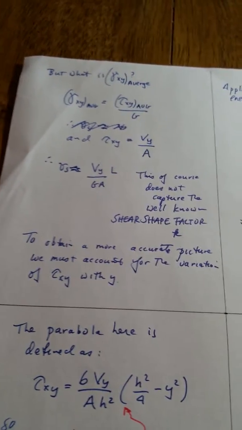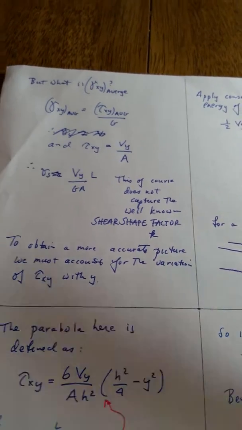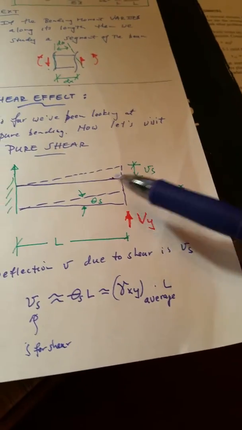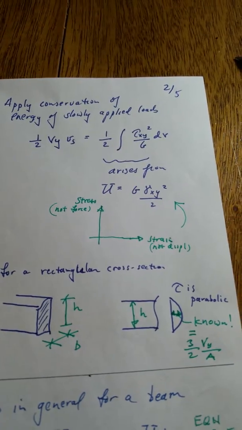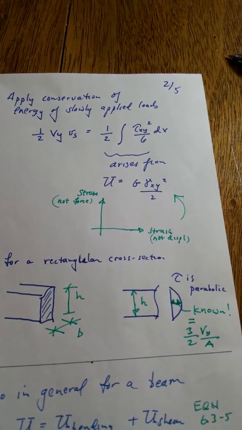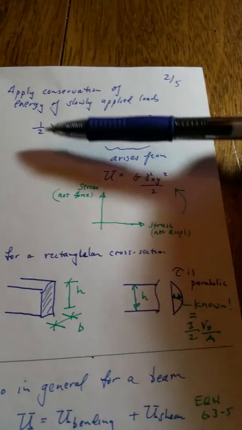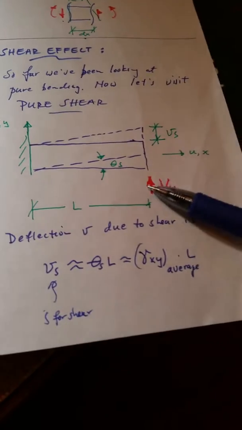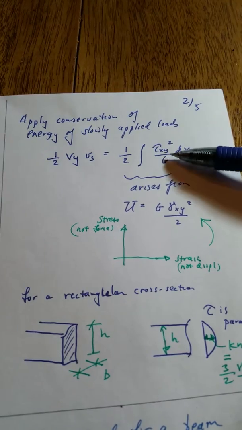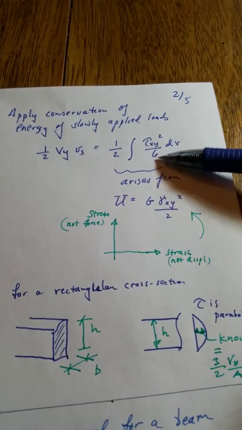So what we're going to do is try to say, well, what does tau really look like on this profile? What's the distribution of tau here? And of course, you know that it's a parabola. So let's take a look at that variation. And then we could apply this conservation of energy, again, with slowly applied loads here. So we have 1/2 the load, V times y, and the displacement that we're targeting, Vs, is equal to 1/2 the integral of tau squared over G